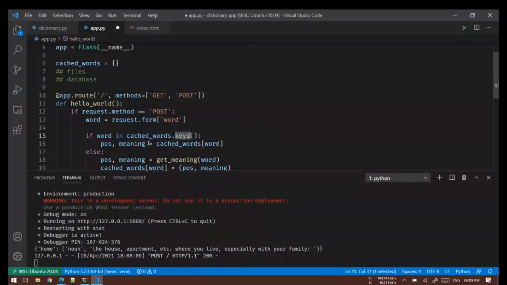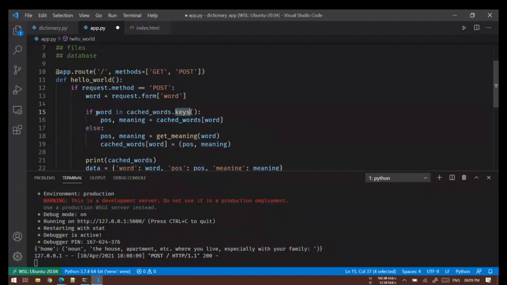If you don't find the word, then this will be false and you will execute this. And here you will have to open the file again in write mode and write this data to the file and then save it. So you will have to open the file and close the file, and then open it again in write mode and close the file again.